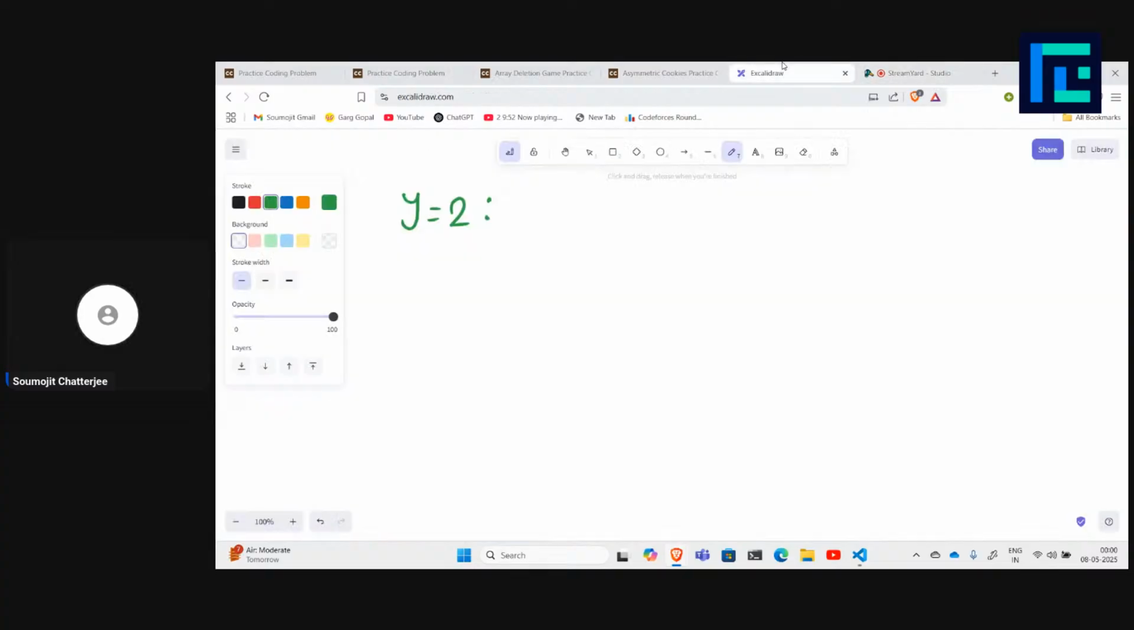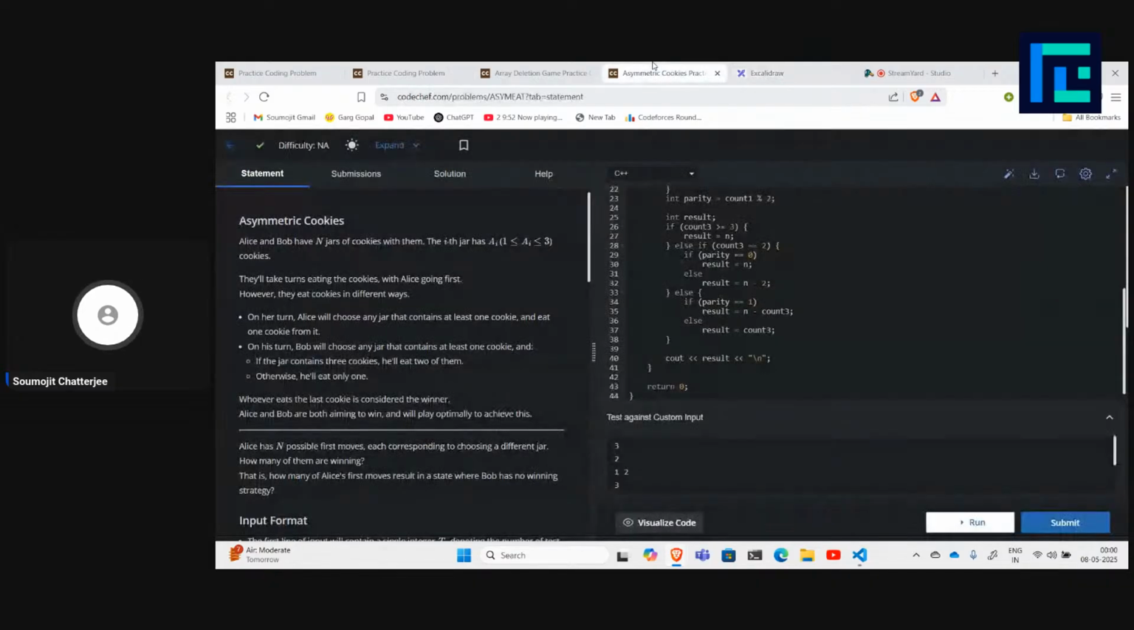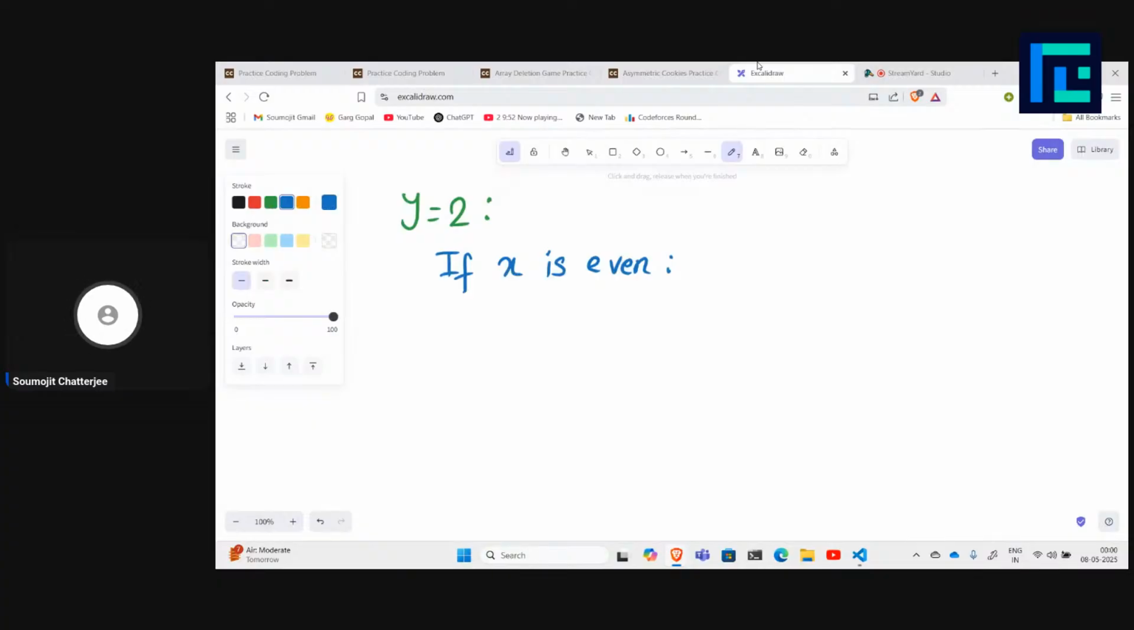Okay, fine. If y equal to 2, again we have two cases. The first case is what happens if X is even. So now basically there are 2 jars which have 3 cookies each. So what happens if X is even? If X is even, now the idea of Alice is,